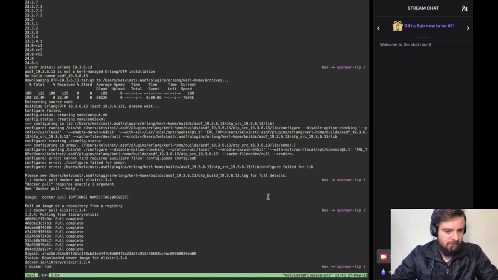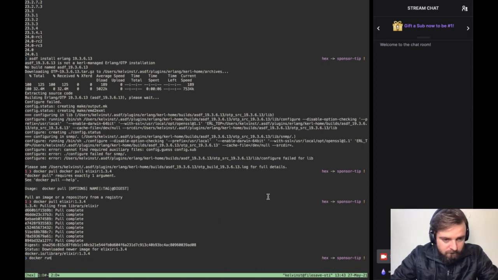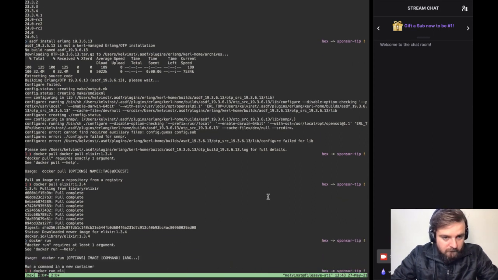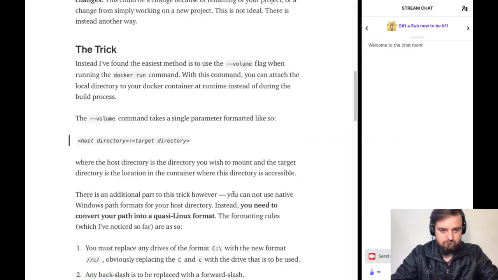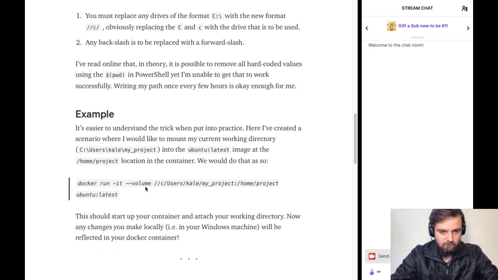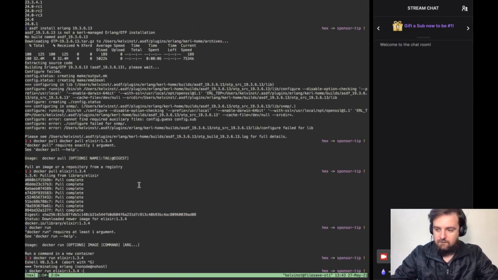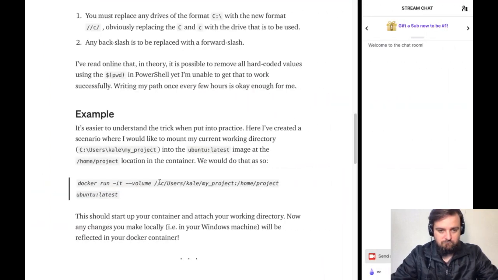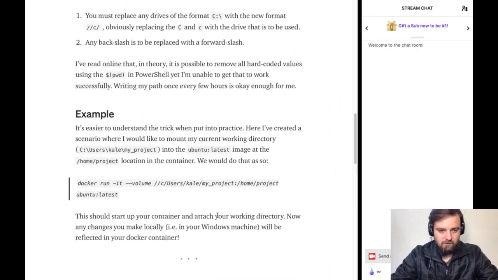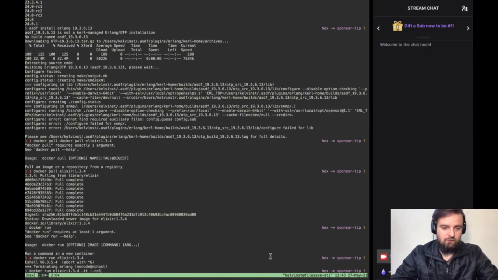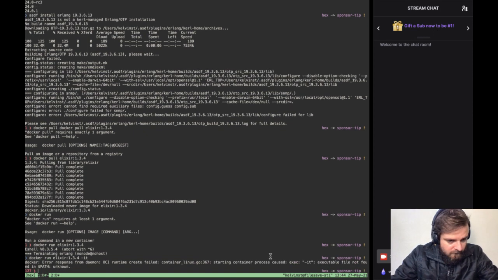Docker run Elixir 0.3.4. All right. So Docker run IT. Volume should be the current directory. Volume. I mean, if I do this,